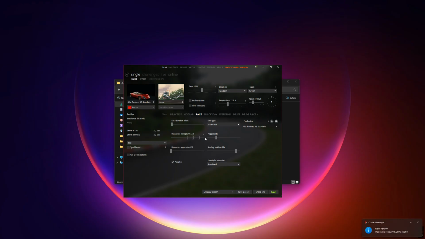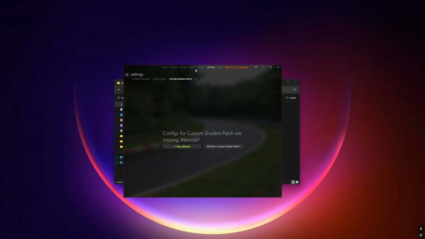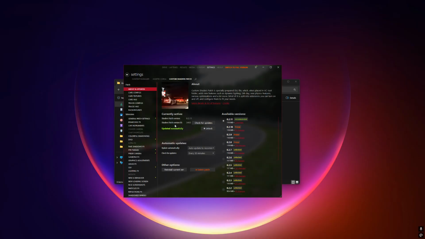path manually. To install Custom Shaders Patch, look toward the top right of the Content Manager interface and select Settings. Next, switch to the Custom Shaders Patch tab in the top left menu. Click the Install button. Content Manager will automatically download and install the recommended CSP build to update your game lighting, dynamic physics, and weather